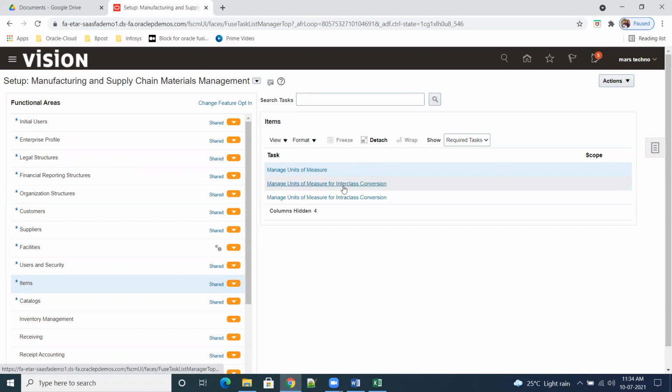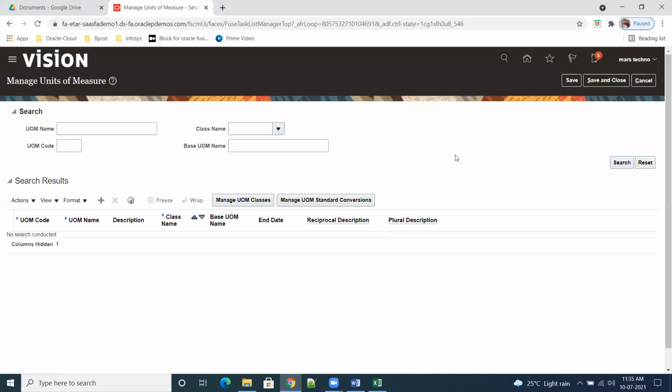And these inter classes, when you are doing transfer orders, inter-organization transfers, intra transfers, at that time we'll touch base on these things. These are important. There is a combination of mappings between one UOM and another UOM. So these are very helpful during inventories.